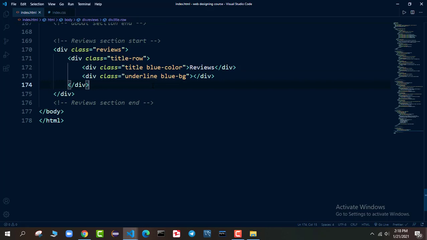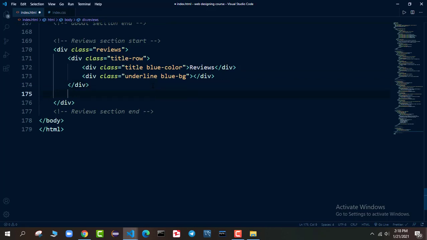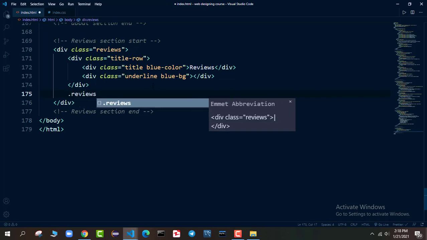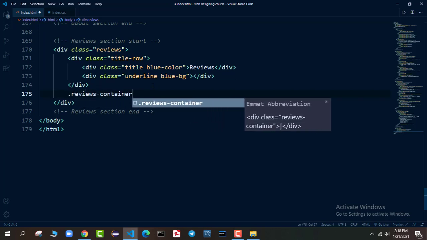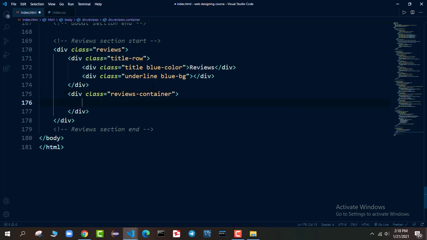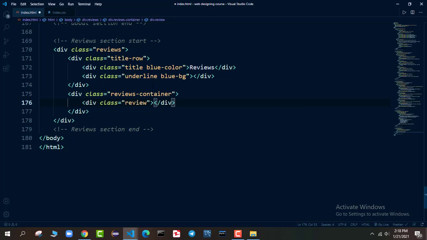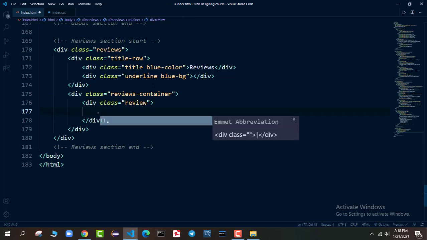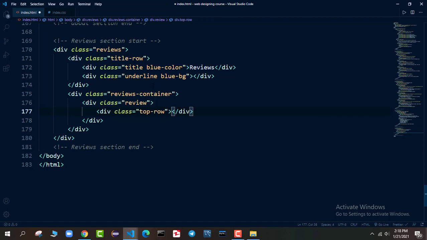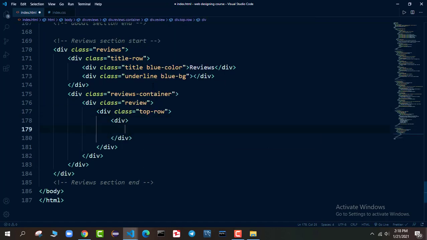After this reviews title row, what we want to add? We want to add the container of the review. So we say dot reviews container. In the reviews container we will have a particular review, so we say dot review. In the review we have two things, review top row, and in the top row we will have a division tag.